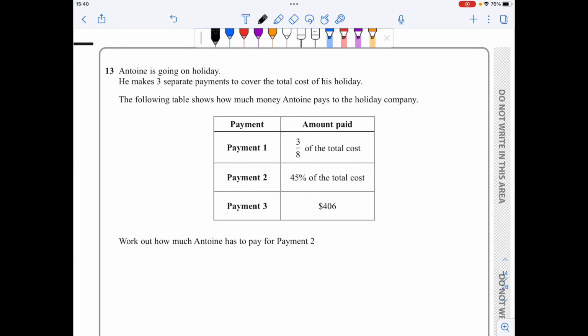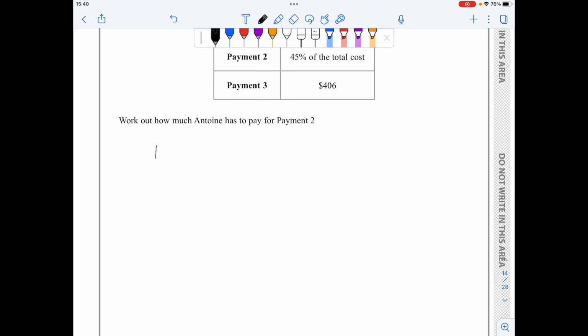I'll start question 13 by adding payment 1 and payment 2. So 3/8 plus 45 over 100 will give you 33 over 40. You can do this on the calculator. That means that payment 3 is the rest, which is 7 over 40 of the total amount, and this corresponds to